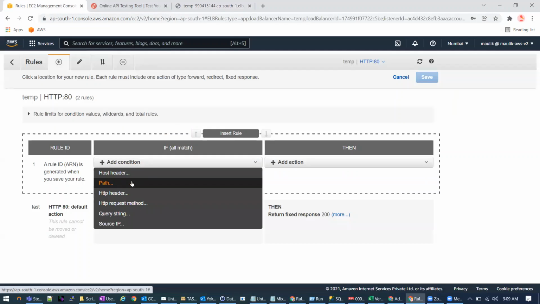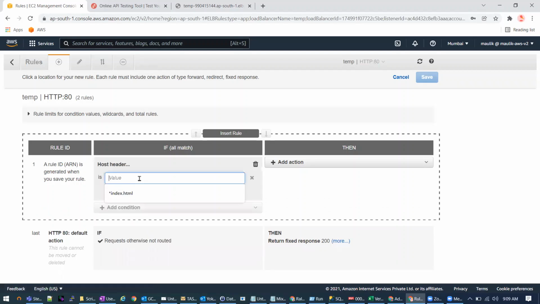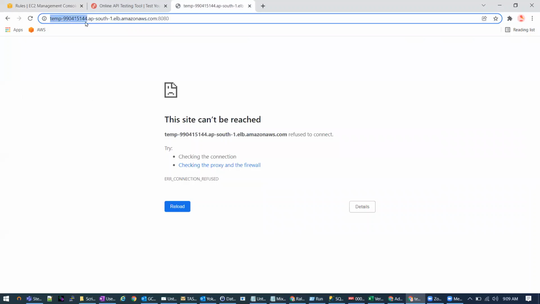Suppose I want to put some condition, say like host header. This is for different kinds of rules based on the subdomain and domains of the host.